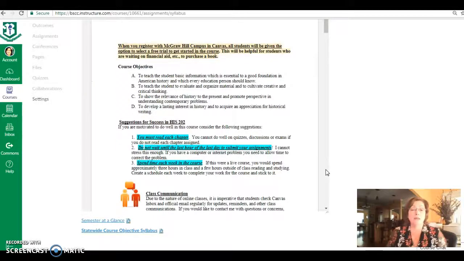Let me go over some suggestions for success in this class. First of all, I make a strong recommendation that you read the chapters. Yes, they're lengthy, and no, you're not going to read every single word in every single chapter, but you do need to read over the chapter. You need to understand the key terms, which are located in the back of each chapter. You need to understand this area that we're covering in order to do well on your quizzes and discussions and